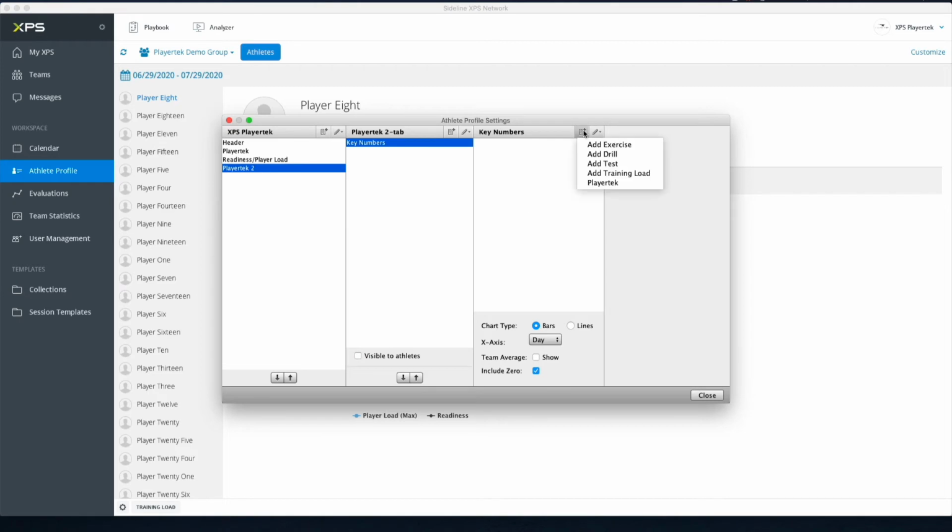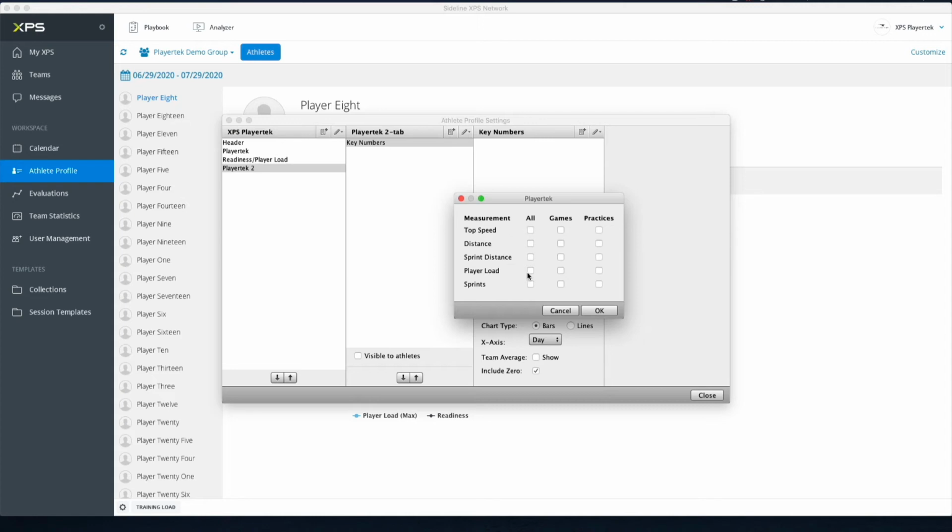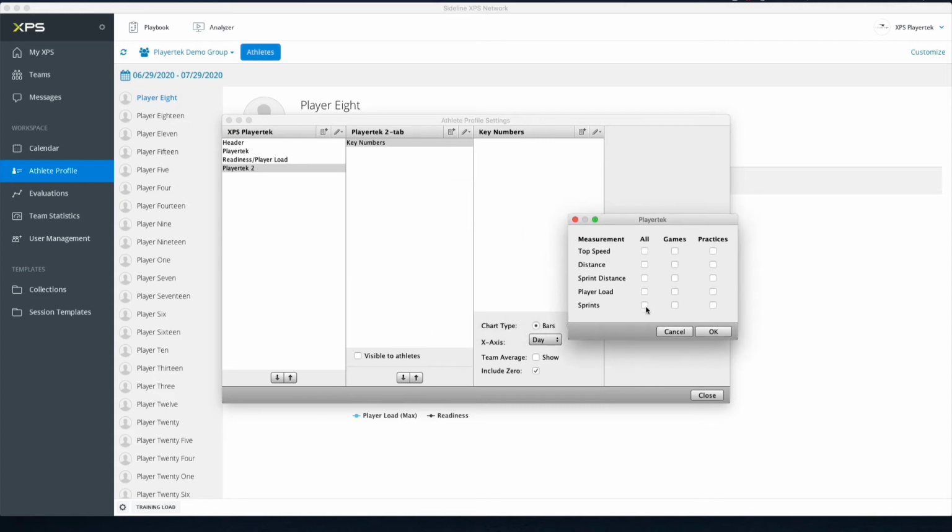Then I go in here, select this one, and here I have Playertek. And here I have all the options that I can take in from Playertek. And the difference here, if I do all, I will do combined top speed from games and practices and so on. But I want to distinguish this, for example. So I do it like this. Take it in this one. I want all in here, one. But I can also just do,